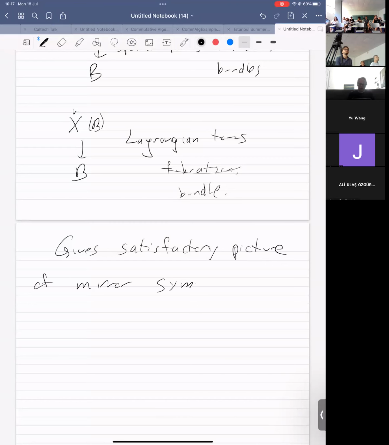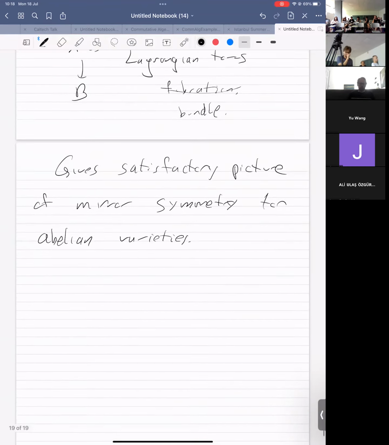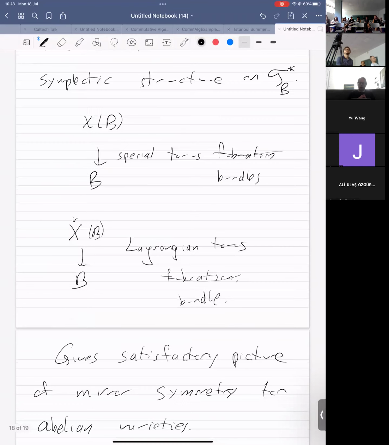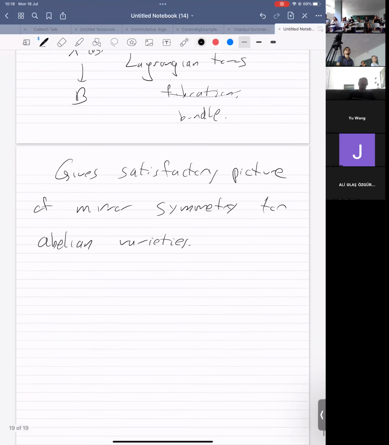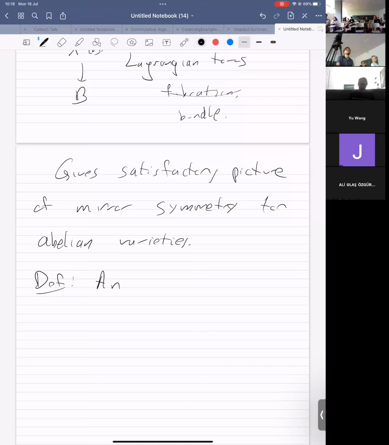Of mirror symmetry for abelian varieties, which are examples of Calabi-Yau. But past that, you're not going to get very far. So what you have to do is allow singular fibers. You have to allow these tori to degenerate. And to do that, we'll allow there to be points of B where the affine structure doesn't extend. So let me define an integral affine manifold